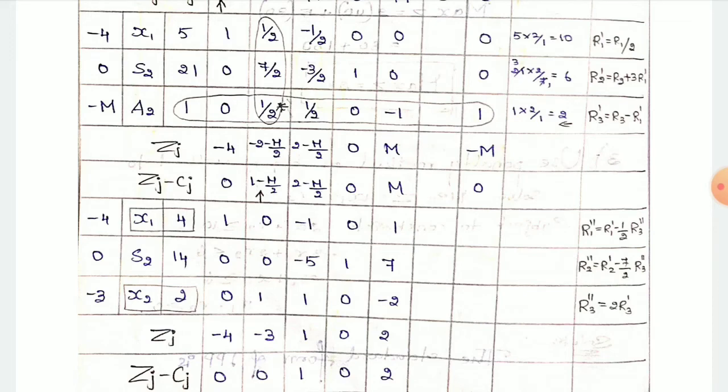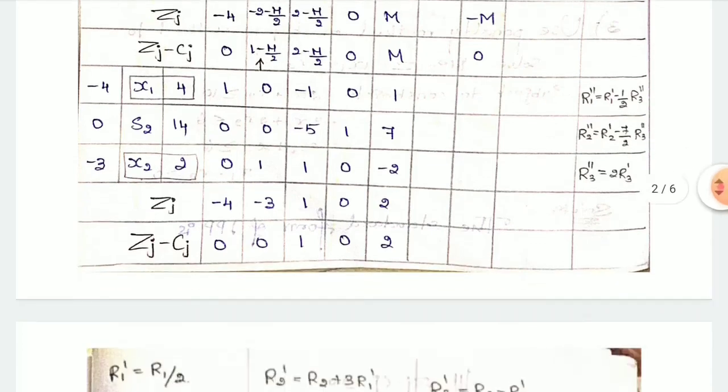In finally, you have to find out what is Zj. Zj will be -4 into 1. The next value will be 0 into 0, so 0. The second one is -3 into 1. The next one is -4 into -1 is 4. -3 into 1 is -3, so 4 minus 3 is 1. The next will be 0. The last one is -4 into plus 6. So -4 plus 6 we have 2.